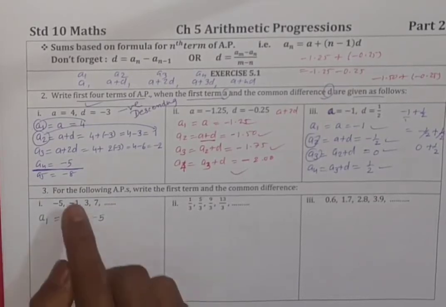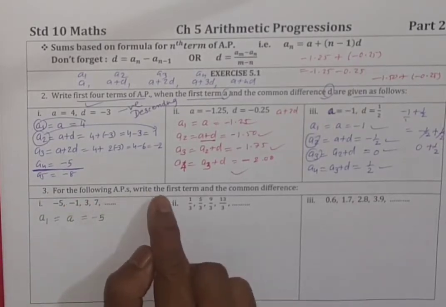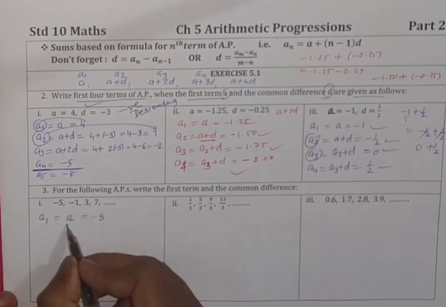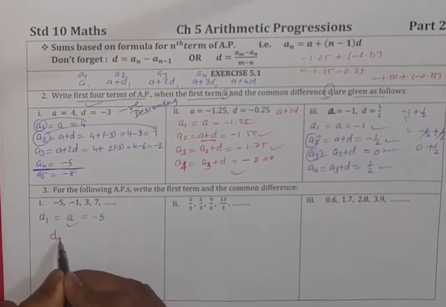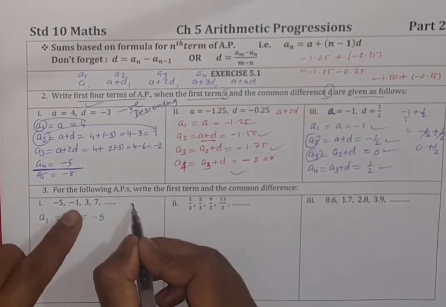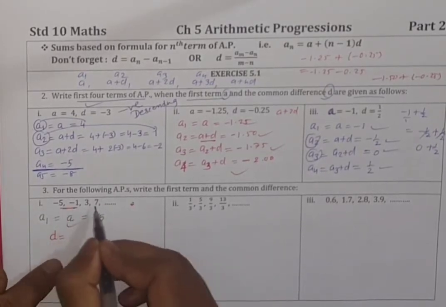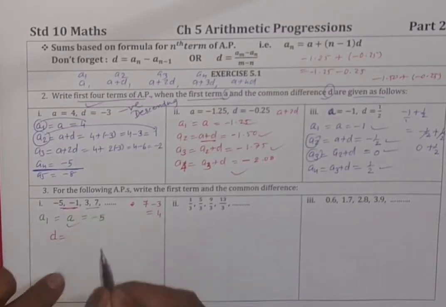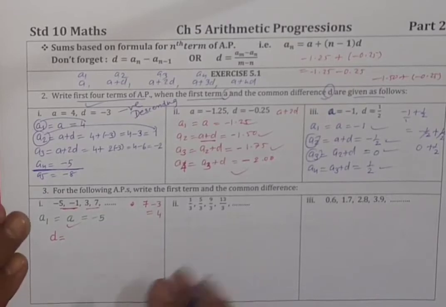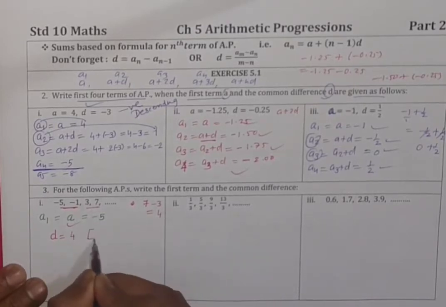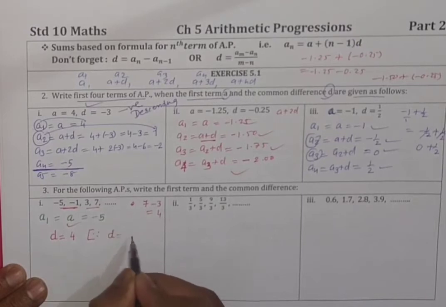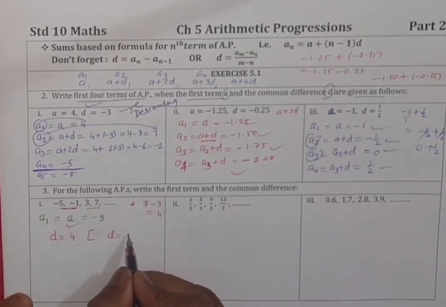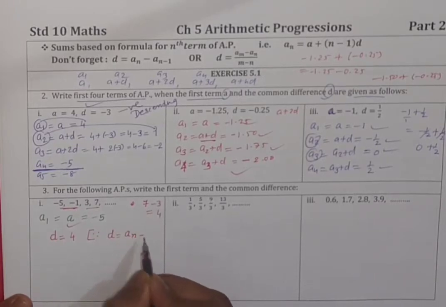Here the question changes. For the following APs, write the first term and common difference. Bas, first term is A and that is minus 5. Common difference D is, see, instead of dealing with minus, you can take 7 minus 3 and that is plus 4. Any two you can select, but consecutive terms. So that is 4. And here you will write the reason: because D is, what we took, A4 minus A3, but there is no need to write that. We will write the general formula An